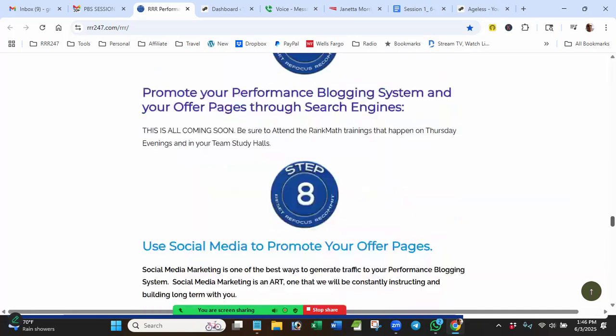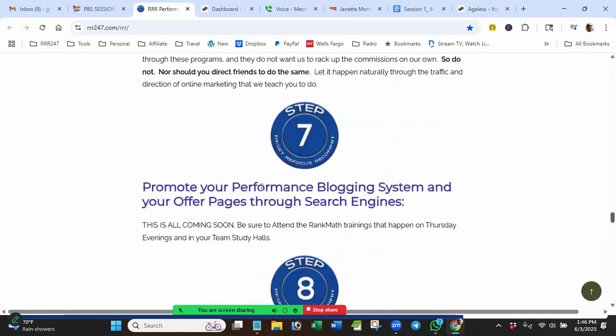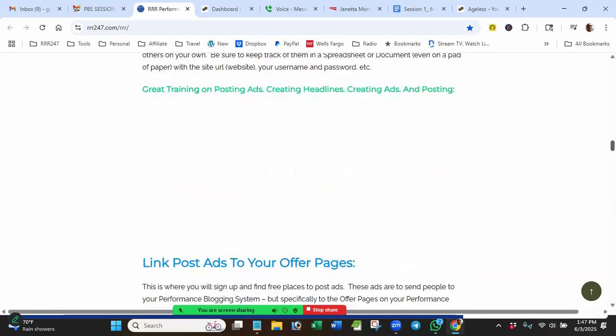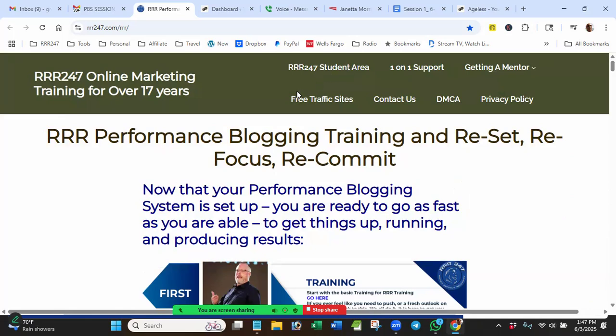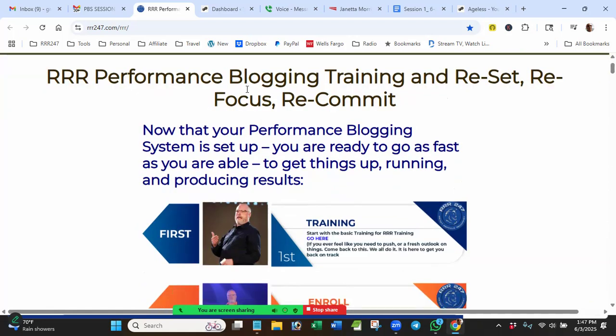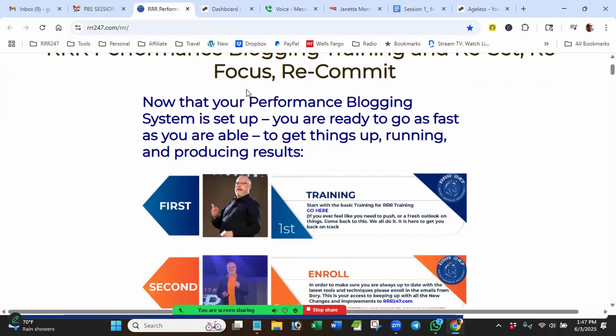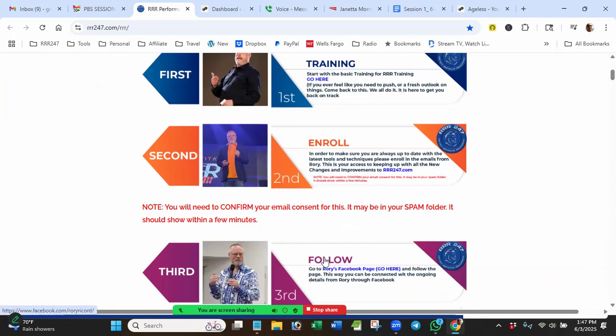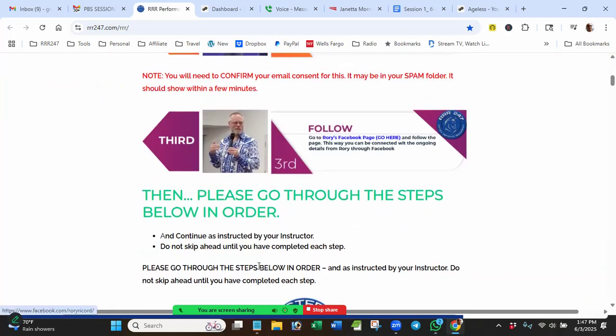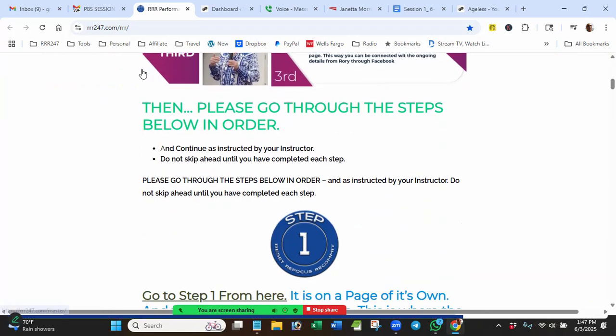And Google AdSense comes in here somewhere, promoting your performance flagging system, your offer pages, search engines, all this different stuff. So the bottom line, this is the main training page, but you're going to be concentrating and you'll be there for as long as it takes. And you're going to be modifying the content on your Vela Vita pages under this step 1, not first, second, third, but step 1 right here, which is